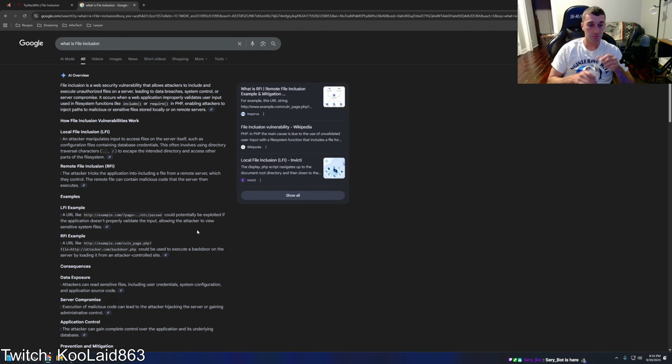How file inclusion vulnerabilities work. Local file inclusion, LFI: an attacker manipulates input to access files on the server itself, such